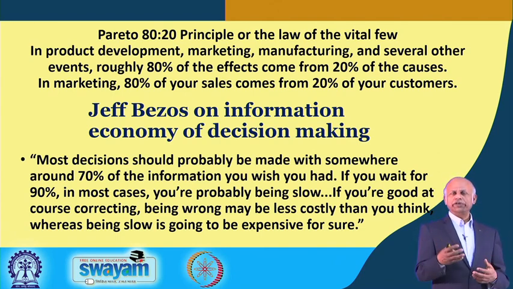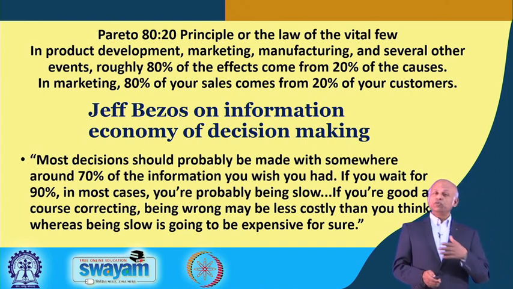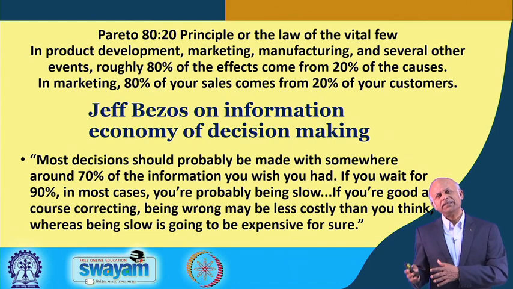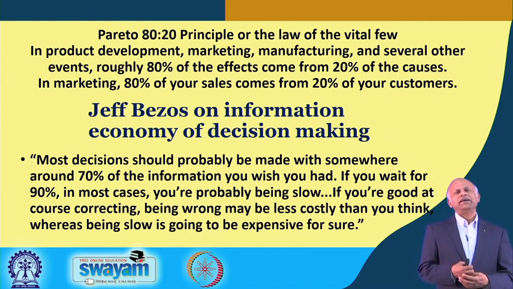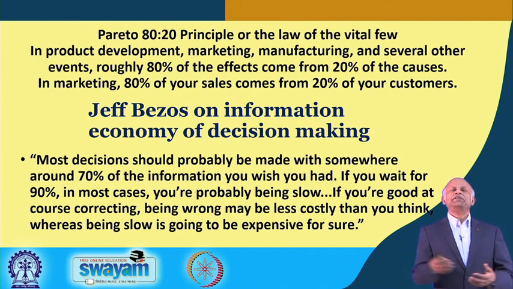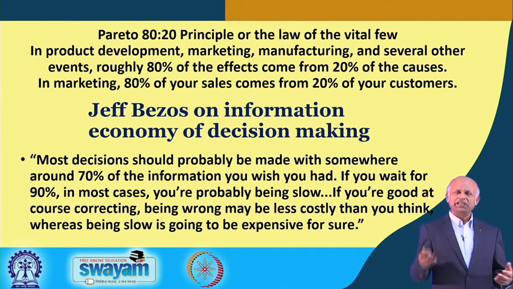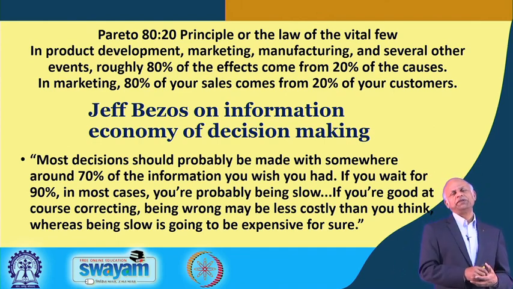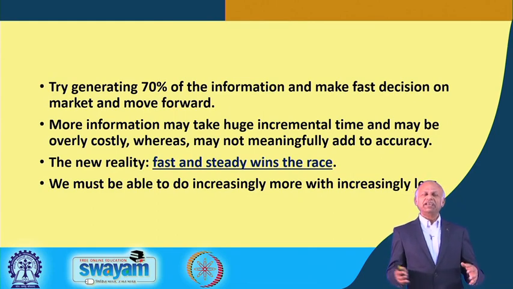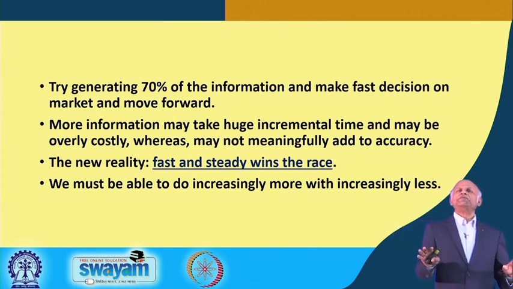So, it is always important to do the maximum with minimum information, because the remaining 30% of the information will come from 80% of the effort. The effort will be too much to generate the remaining percent of the information, so that will not add to accuracy so much. That is why this is very important, and Bezos says try generating 70% of the information and make a fast decision,